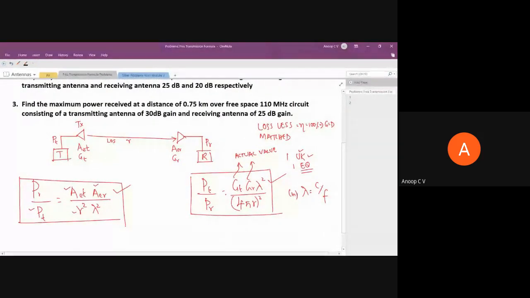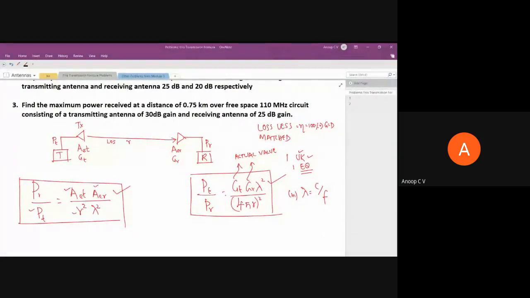Should I solve this problem, or will you be able to manage it? Please do respond. If you want me to solve one problem and show, I can solve it. Otherwise we'll go ahead to the next problem. There are more tricky problems, and we'll try to solve such problems. Is it okay? Can I move ahead?